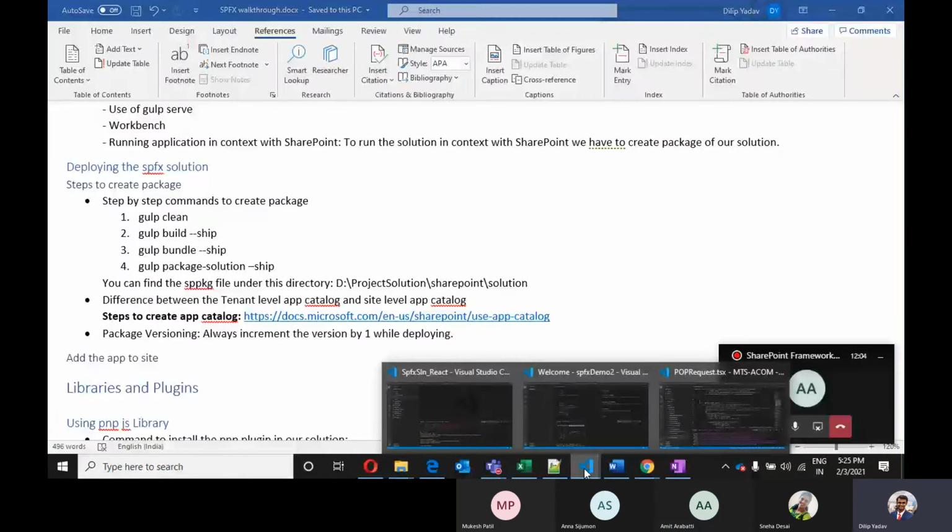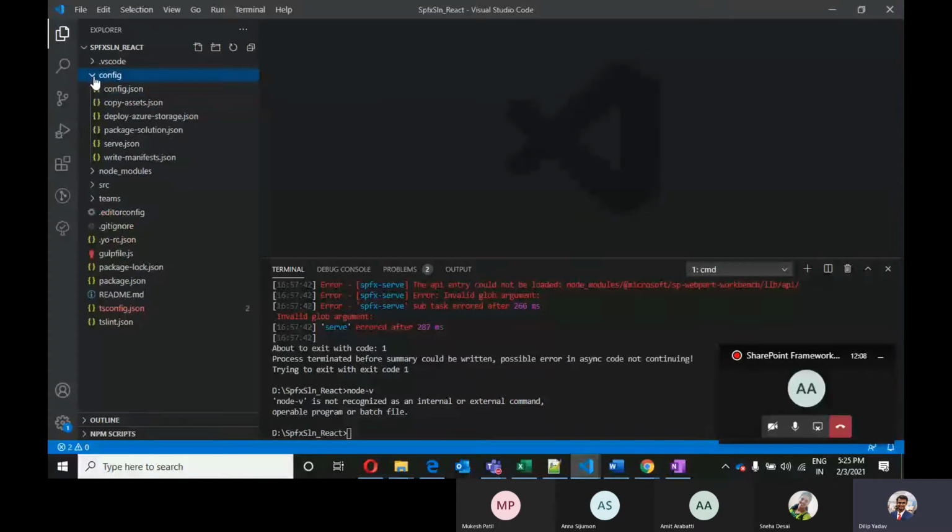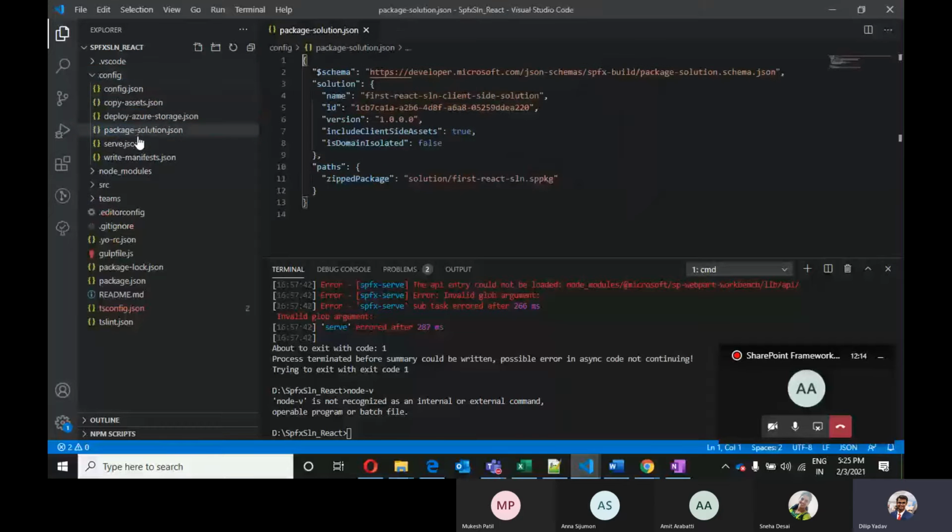So let me continue. As I mentioned, every time we are creating the package, we have to update the version by incrementing it by 1. We have to go into package-solution and upgrade this by 1. So before creating the package next time, I should increment this by 1. This is the minor version and this is the major release version.